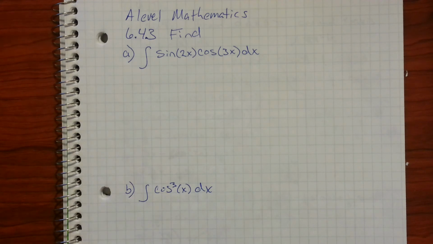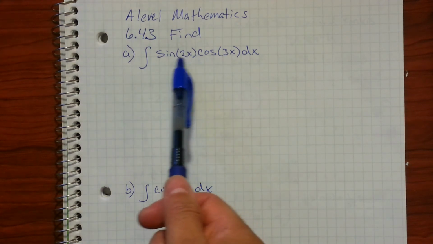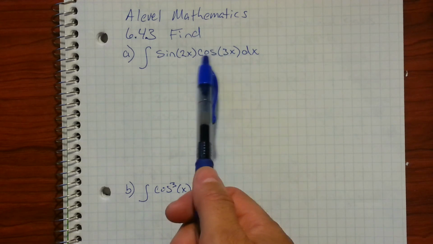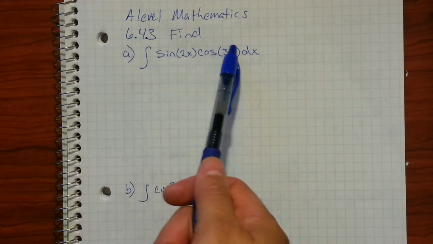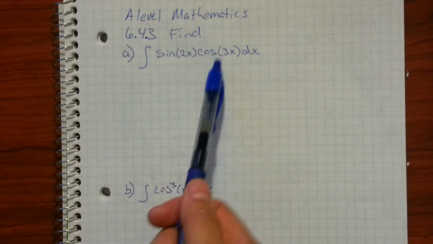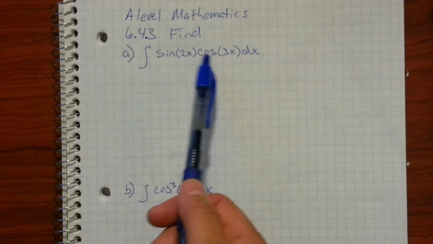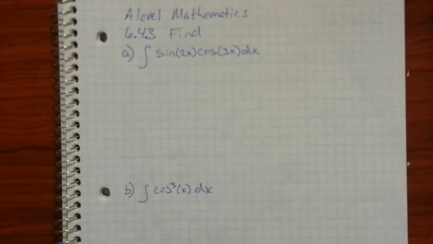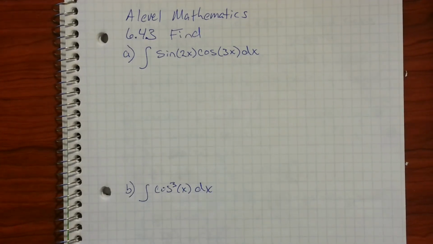Alright, looking at this next part, 6.4.3. Right here we can't do this because I have a sine 2x times a cosine 3x. I can't do this because there's multiplication in between the two. We don't have the skills for that one yet. So what we are going to do is change it up a little. So we know